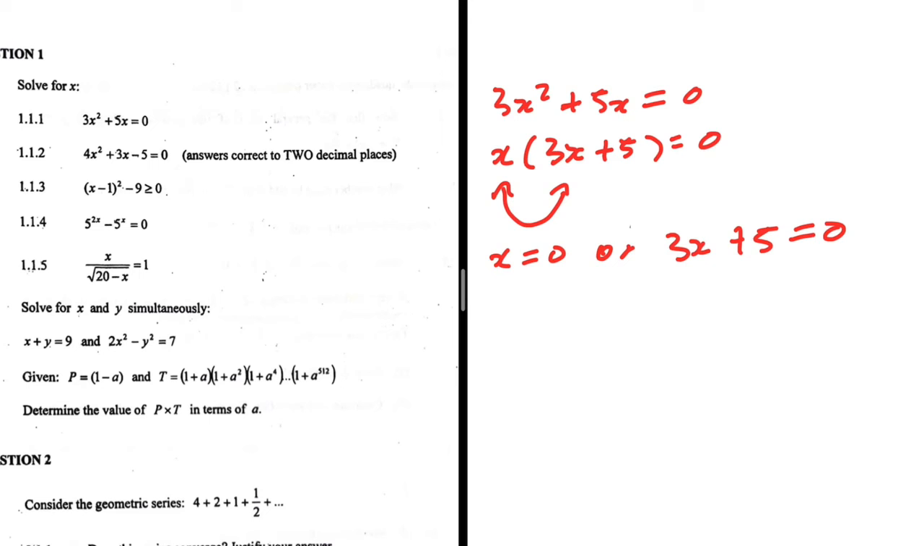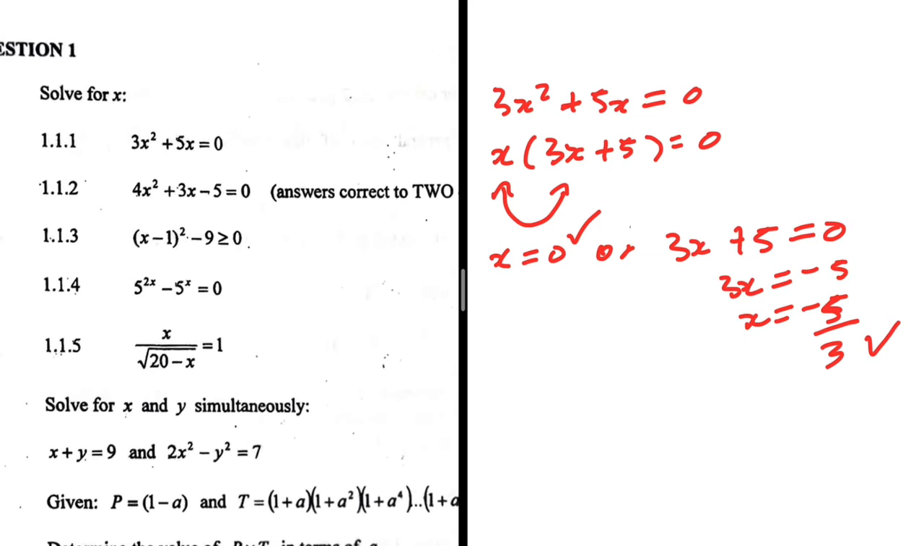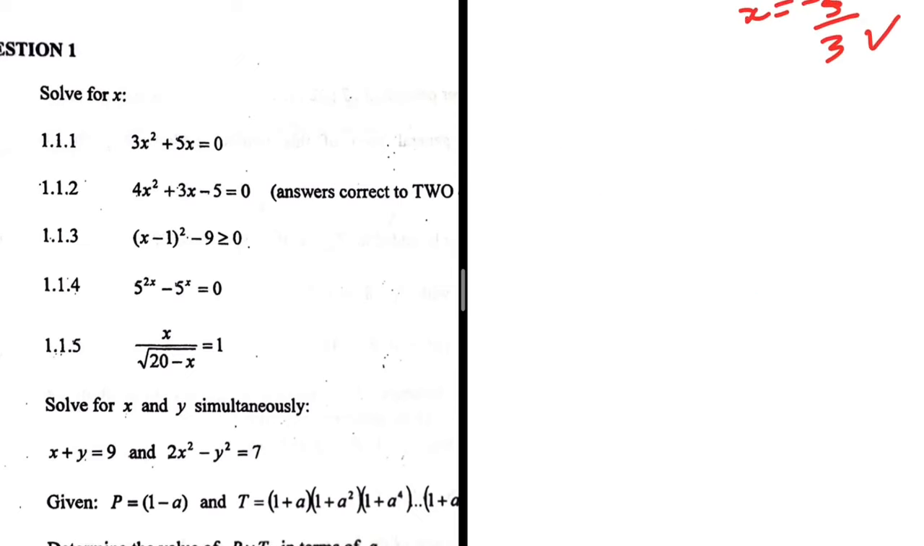So on the right hand side, we're going to then have 3x being equals to minus 5. So x is equals to minus 5 divided by 3. These two answers will be true for 3x squared plus 5x is equals to 0. So that is the first question, 1.1.1. Let's go ahead and take a look at